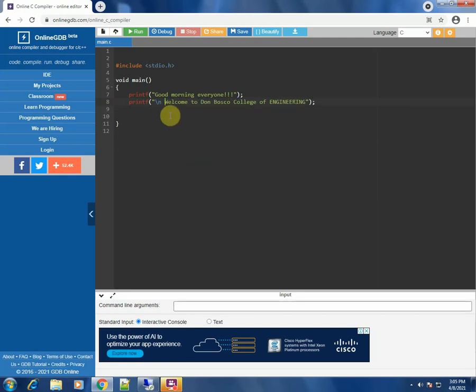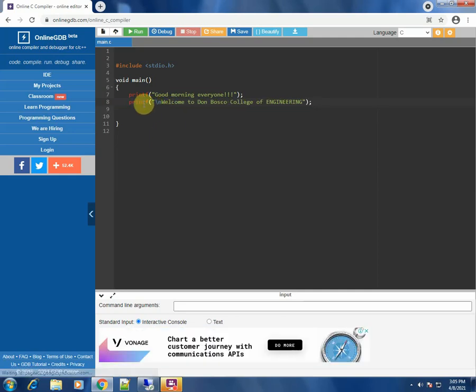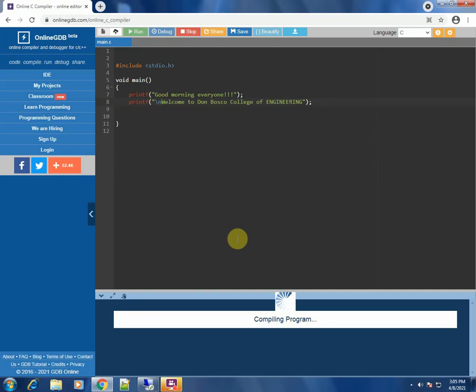A backslash and an n, if you put, it goes to a new line. The output is printed on a new line. These are certain things you have to remember about C programming. Slash n means new line character. So you can write this and you can get this output on a new line. Let's run the program and we'll see if that is what exactly happens.